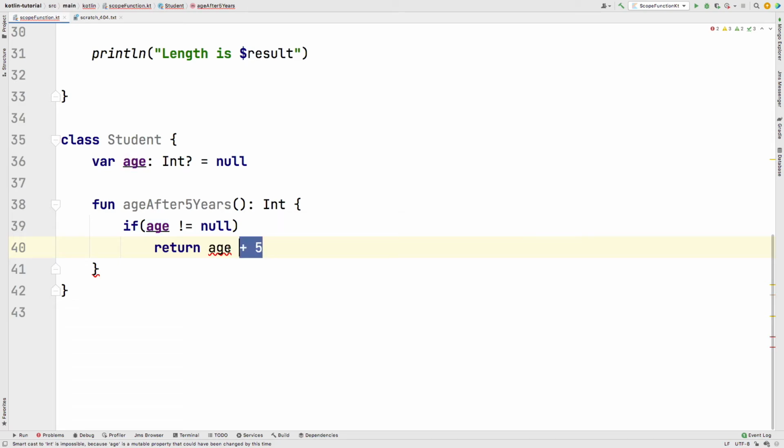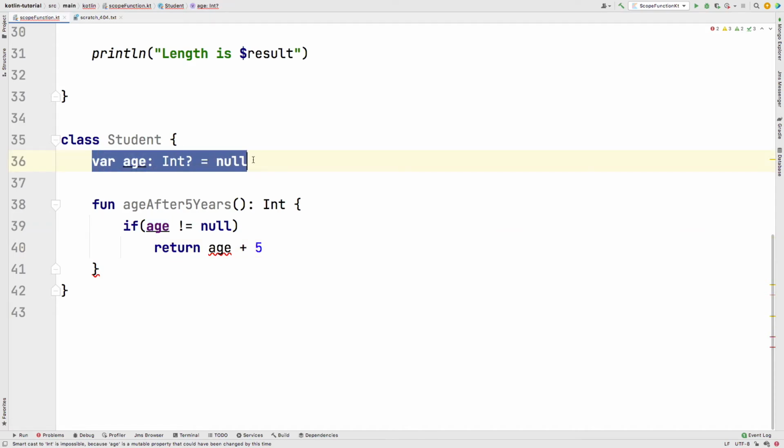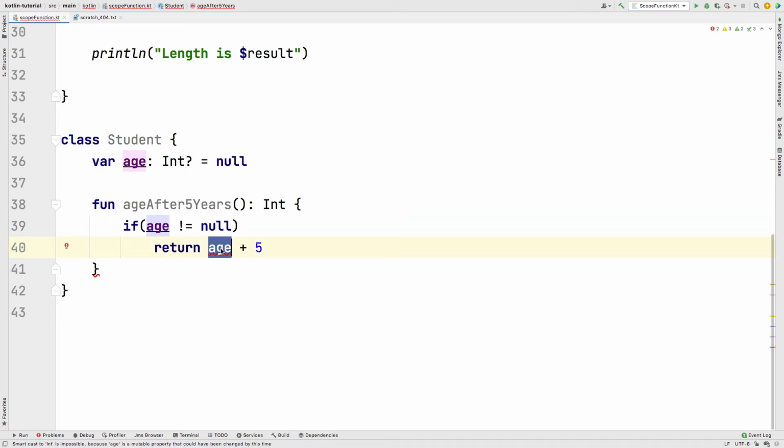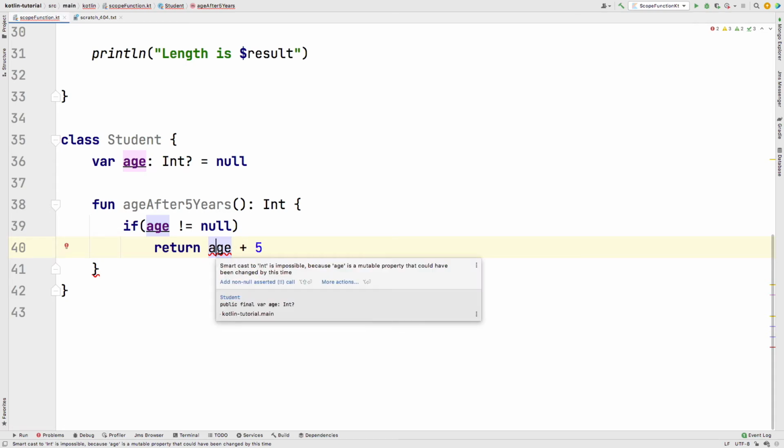In that case, this will still be a null value, right? Due to which your compiler is complaining, right? I'll reiterate, as we have declared this as a nullable Int, even after doing this null check over here, it says that this variable might get changed by some other thread by the time we execute this line. That is the reason it is not allowing us to perform this operation, right?